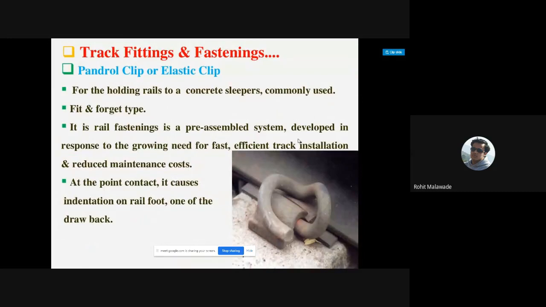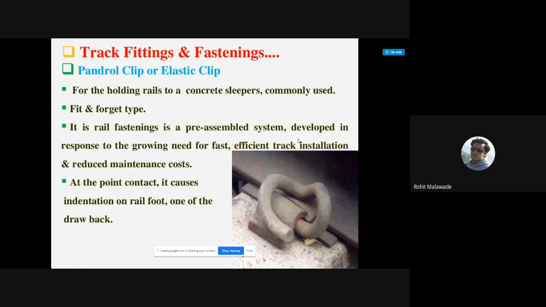Now, the pandroll clip or the elastic clip. I think you have seen this kind of clip on the railway track. It helps in holding the rail to the concrete sleepers and is commonly used with concrete sleepers.